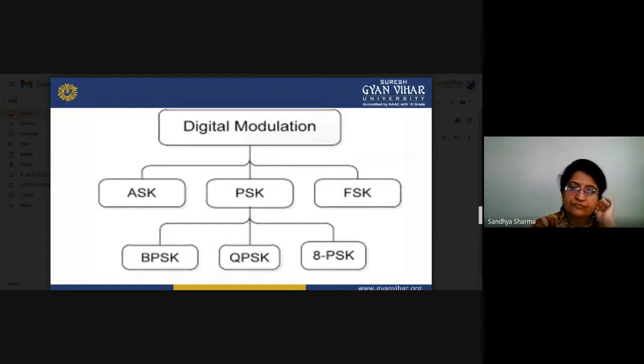If you are talking about phase shift keying, that is again differentiated into three parts. First one is BPSK, binary phase shift keying. Second one is quadrature phase shift keying. If there are only two symbols, 0 and 1, we call it binary phase shift keying. If there are four symbols, and we are working with a combination of two bits per symbol, that is called quadrature phase shift keying. As we increase the number of symbols, our PSK system is enhanced. So this is the basic classification of our digital modulation technique.